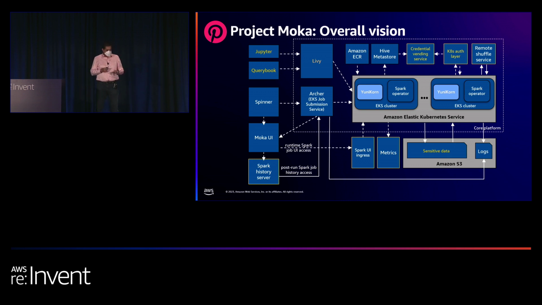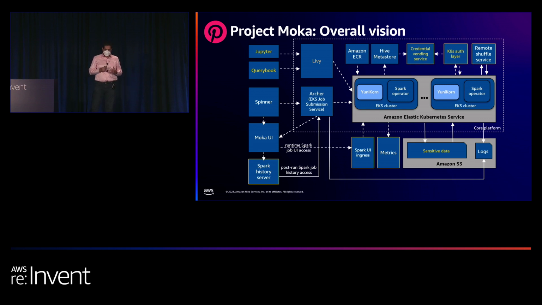And then you notice we have some of these other boxes that are in slightly different colors. These are services that we're working towards that will provide things like Jupyter and Spark SQL UI submission, and then also finer grain access control and more security. On the top right-hand side, there is also the remote shuffle service. As you know, Spark itself has an external shuffle service, but we felt the need to move that to a separate service to open up possibilities like auto-scaling within the EKS cluster. That's an ongoing project that we are continuing to invest in.